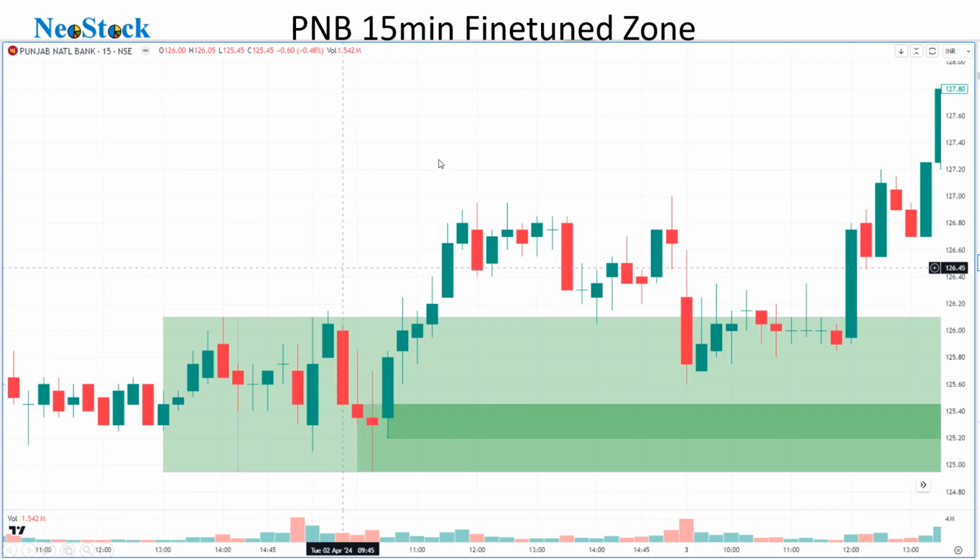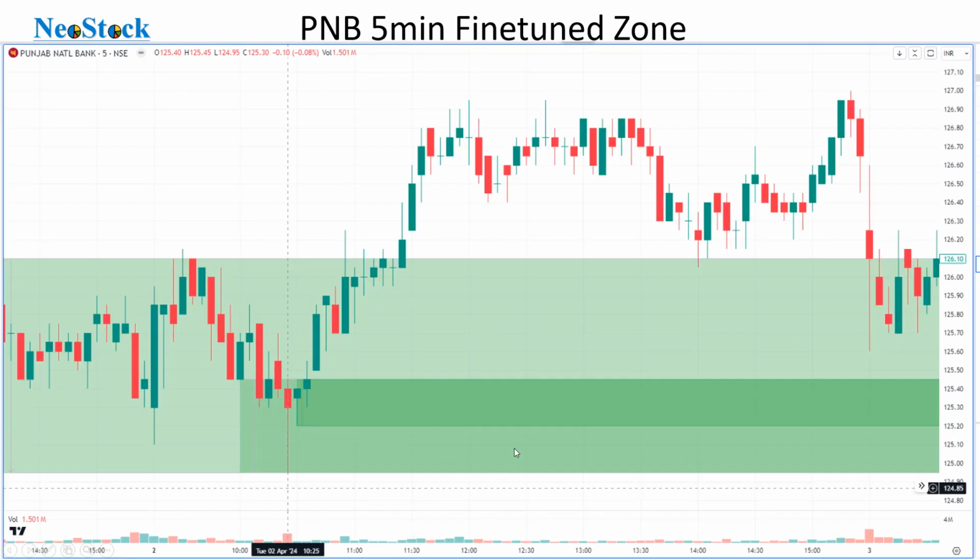So this is a 15 minutes fine-tuned zone. We have a drop, 2 base candles and a rally candle. Look into the leg-in date. Always I am showing you the leg-in date so that it will be easy for you to draw on your charts. This is 2nd April, 9:45. We have a leg-in date, after the 2 base candles and a rally. Now you see here, this is an ERC candle as a leg-in, 2 base candles and a rally with a